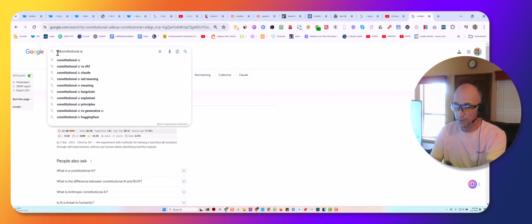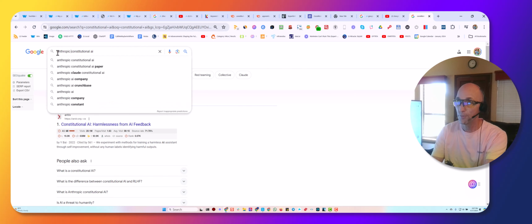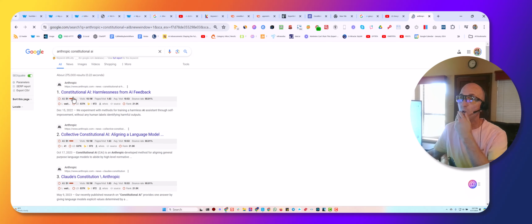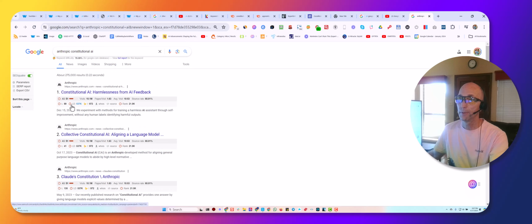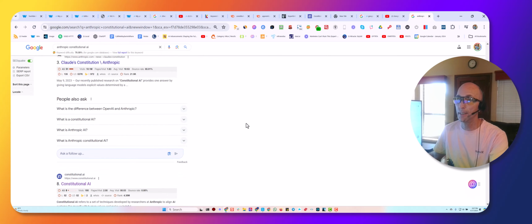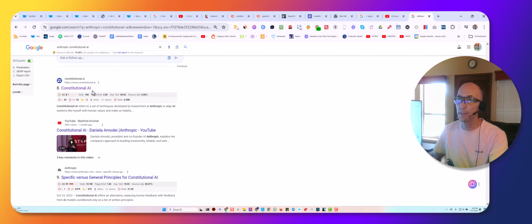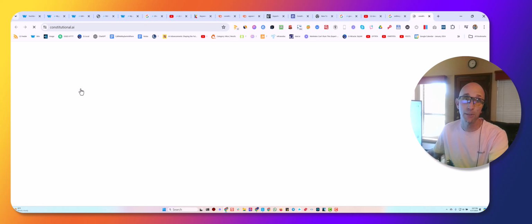All right, let's go ahead and toss the brand in front of it. Constitutional AI, Anthropic, and then there's us. They got 3 of their own pages: constitutional AI, harmless from AI feedback, collective constitutional AI, Claude's constitutional AI, and then there's little old us, constitutional AI.ai. Now notice that this play is an exact match domain play, which is part of the information game. That is what I call the focusing on the topic. And then if you dig deeper into this 0 backlink site that almost always outranks anthropic.com, which invented constitutional AI,